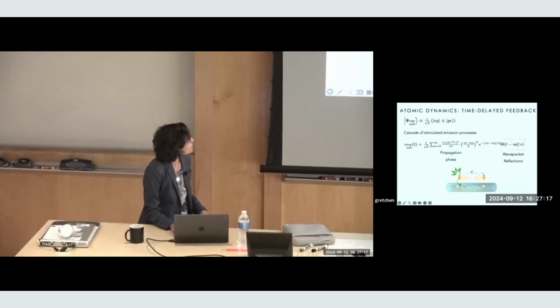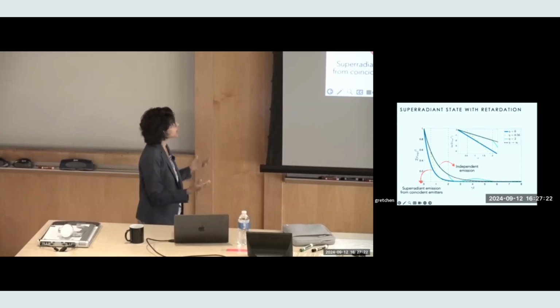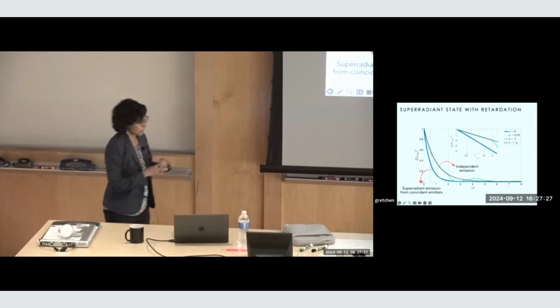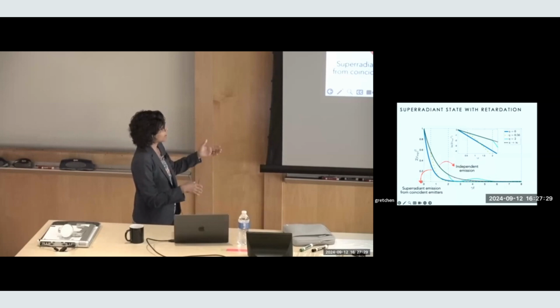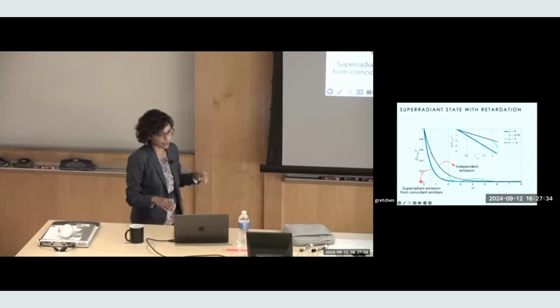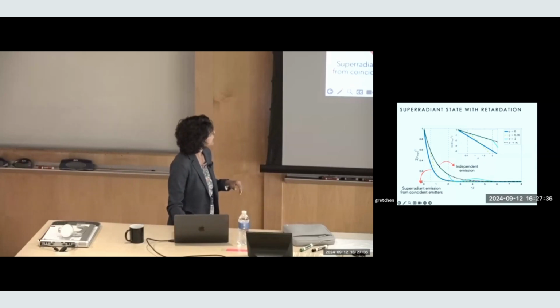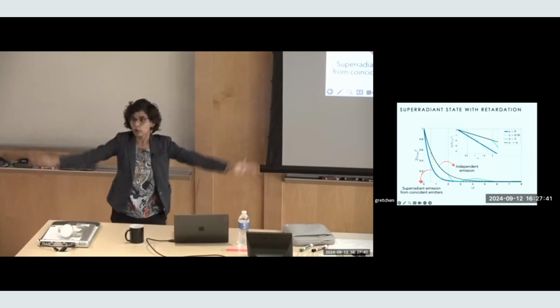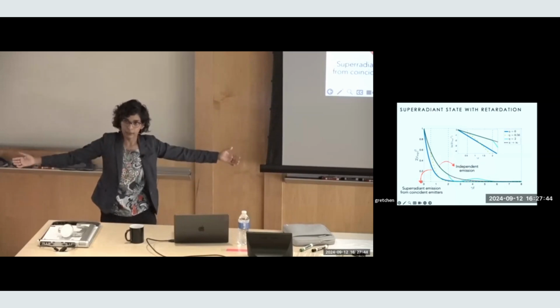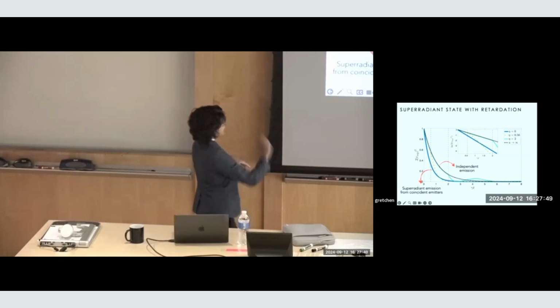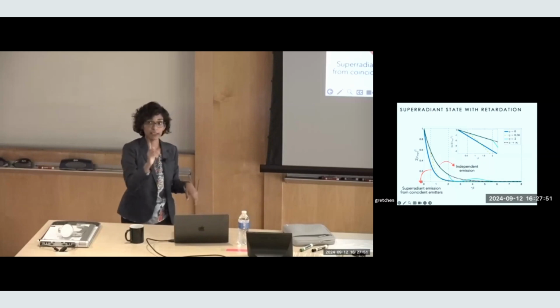Okay. All right. So with that, we can look at this more pictorially, and what I'm plotting here is the probability of atomic excitation for a superradiant pair of atoms. And you can see that if the atoms are infinitely far apart, which is this black dotted line, they do their own thing. They just emit exponentially at a rate gamma. Or if they're on top of each other, they emit with a superradiant rate, which is 2 gamma. So still exponential decay, but